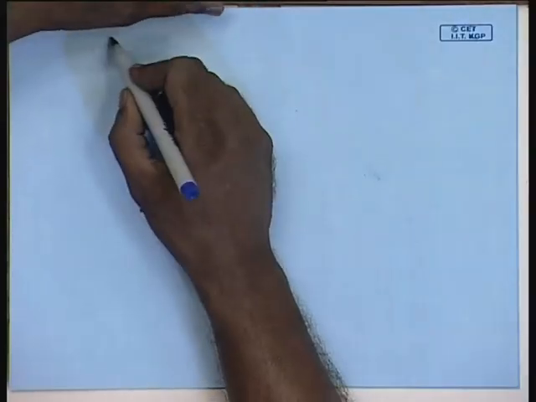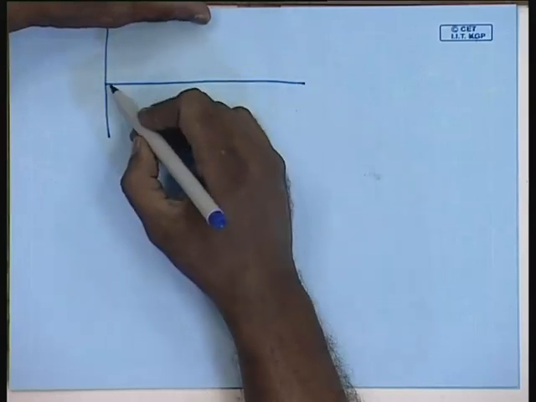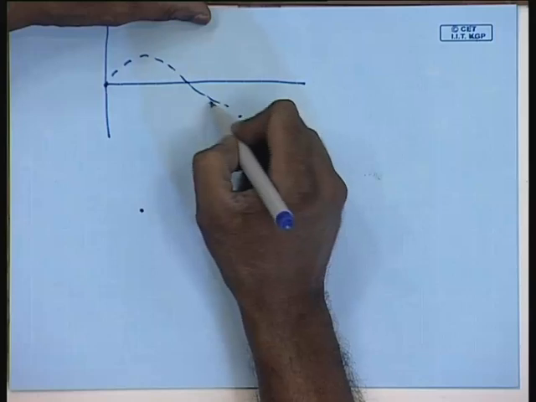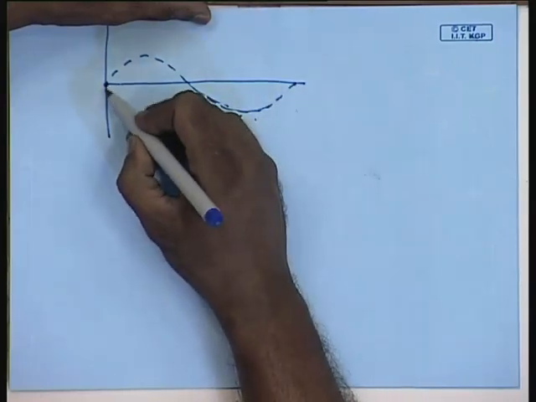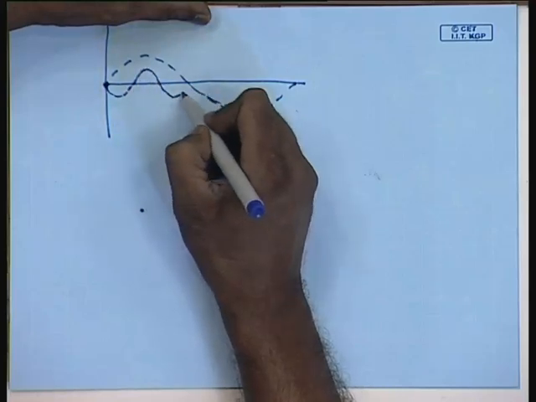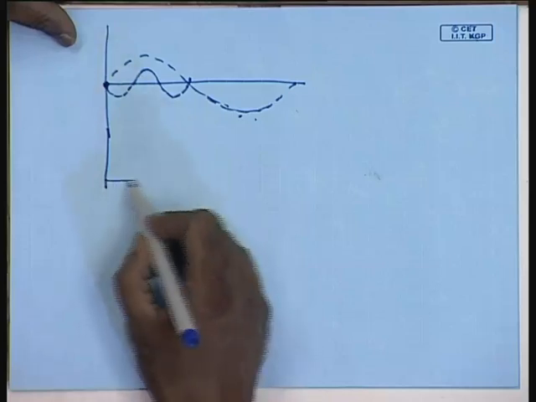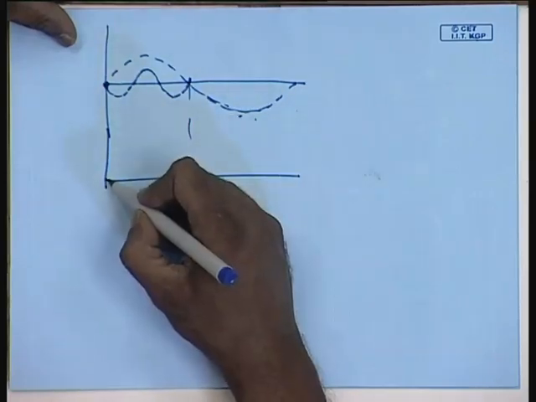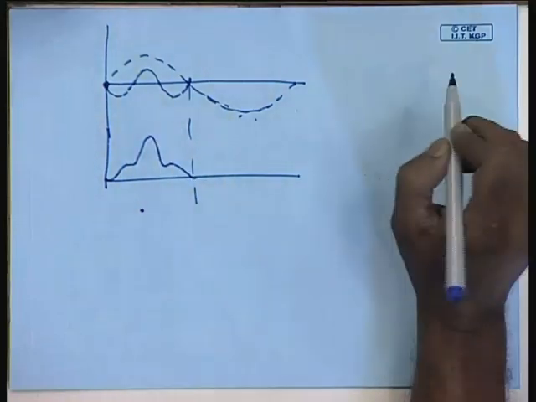The flux waveform, instead of looking sinusoidal, may look something like this. This is the sine wave component of the flux. This is the third harmonic component of the flux. So, the resultant flux waveform may show predominantly peaky nature